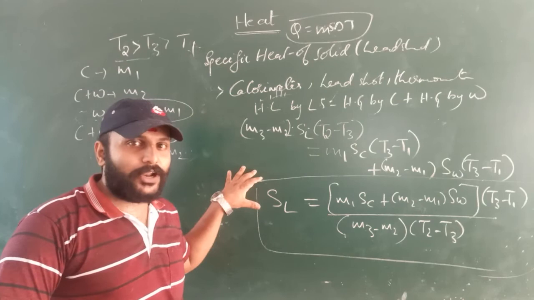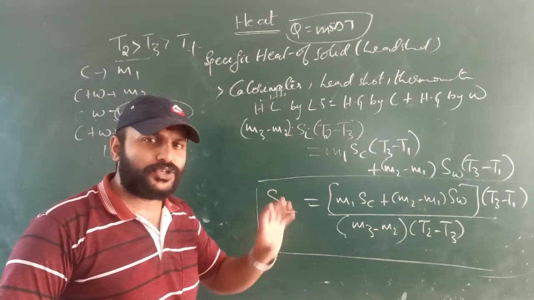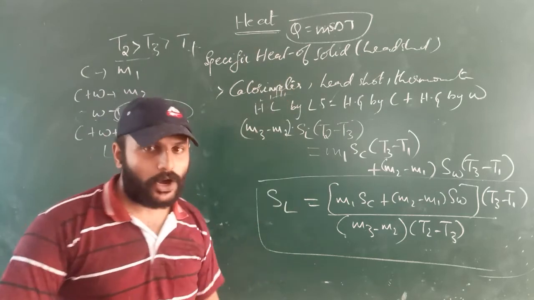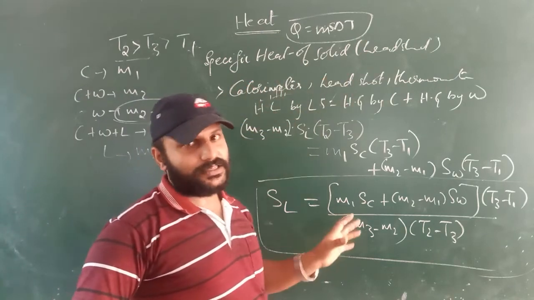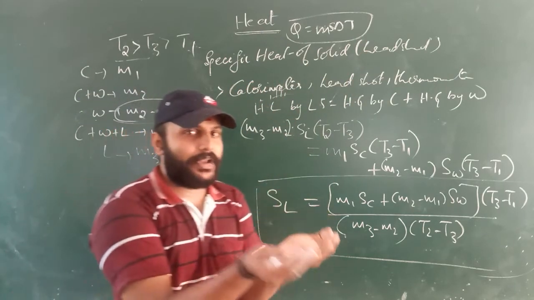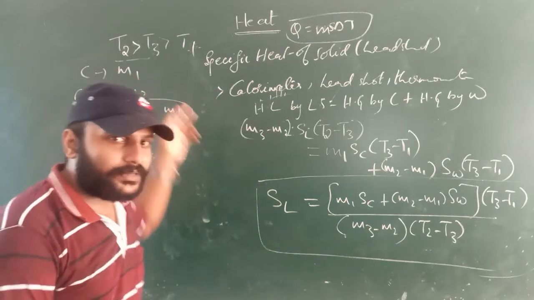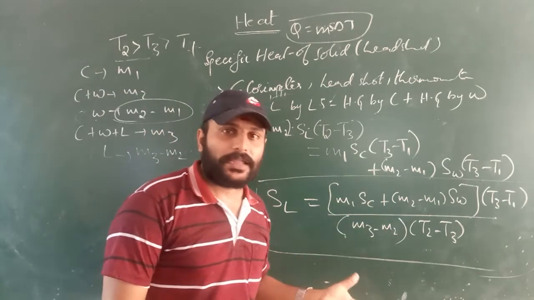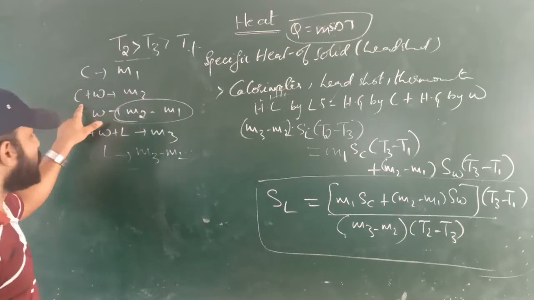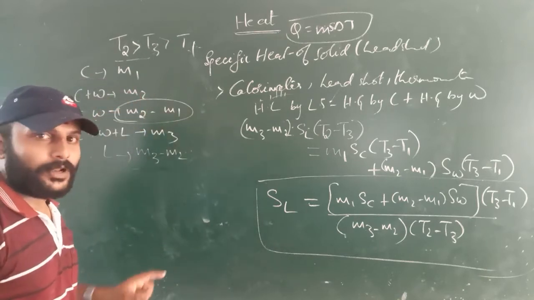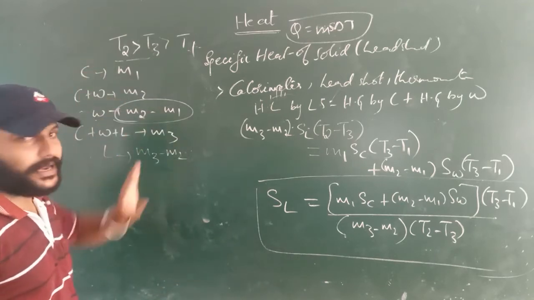So what have we done? Here I have taken one calorimeter. What is the use of a calorimeter? A calorimeter is an instrument used to find the specific heat of a solid. Here I have taken one calorimeter, lead shot, thermometer and steam heater. First I took the calorimeter and measured its mass, M1. After that I added water up to one third of the calorimeter volume and measured the mass again. So the mass of the calorimeter with water is M2. What will be the mass of water? Total mass minus calorimeter mass, M2 minus M1.